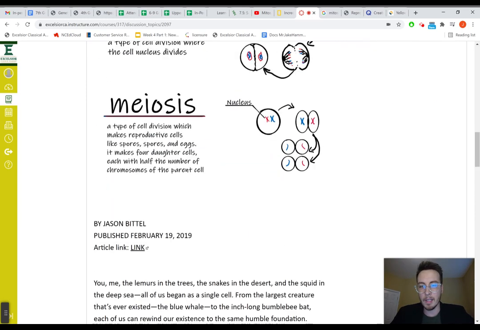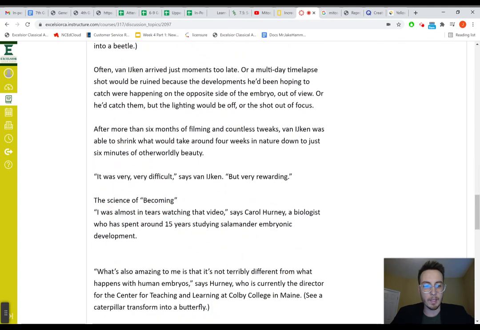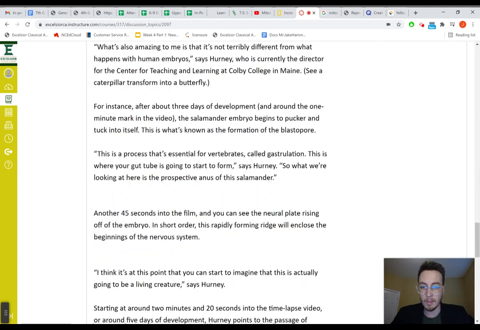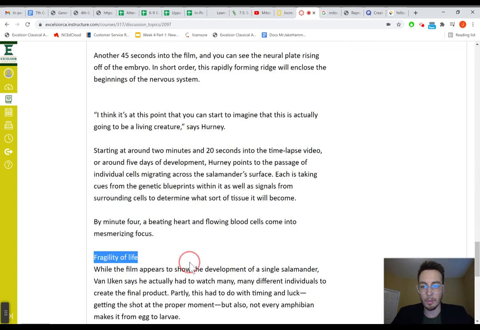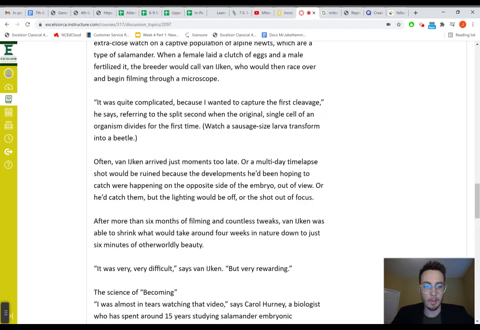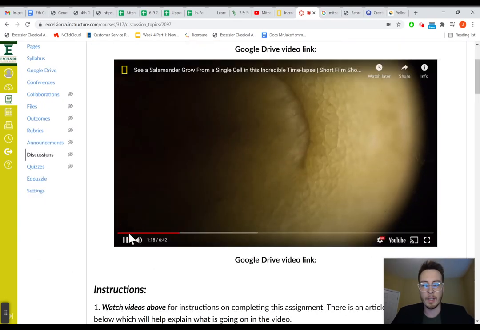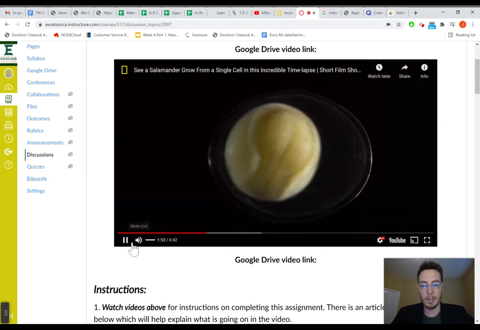The article, again, is between these images here. Feel free to read this. It is less than a 5-minute read. If you are interested, it goes along with it. I suggest reading it. It will help understand kind of what's going on in the video. But again, the video itself is kind of the focus here, and getting you guys to discuss your spring break, what you think about it, and getting an intro into